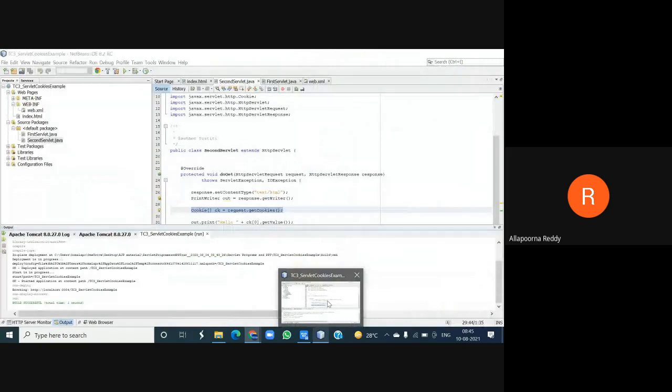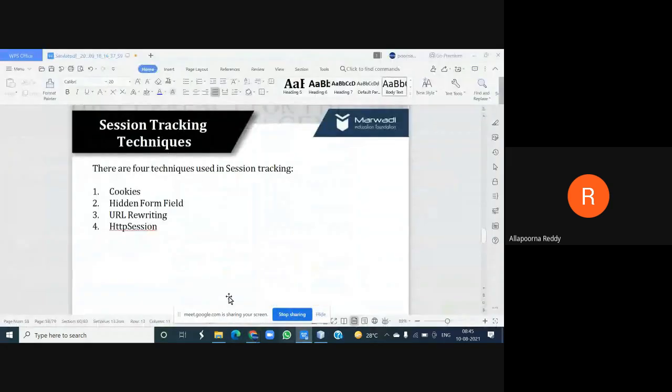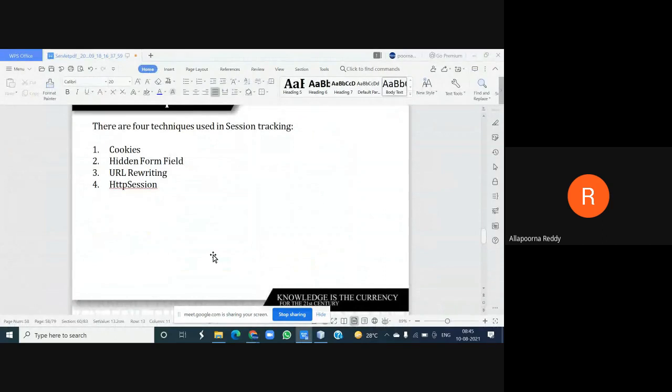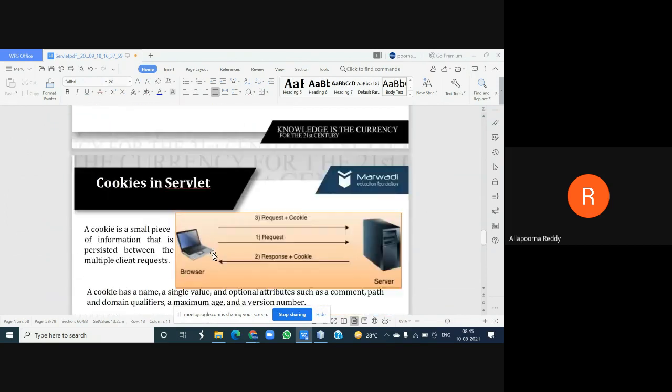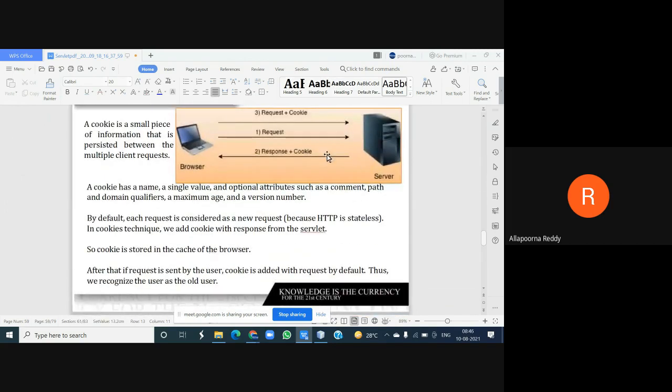Right. Now, come to my first, number 1, cookies. Once you get into it, you can easily understand whether we are providing authorization, or whether we are generating a state. You can get clarity there itself, right? So before defining what a cookie is, first look at your diagram. What you understand is, whenever a client makes a request to your web server, for what purpose he makes a request, to access or get the data he needs, which can run on your server machine.